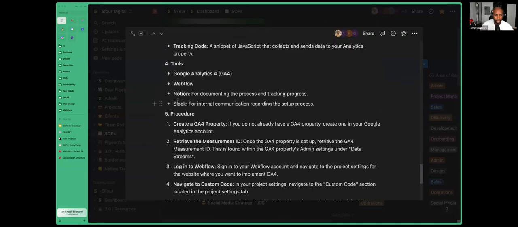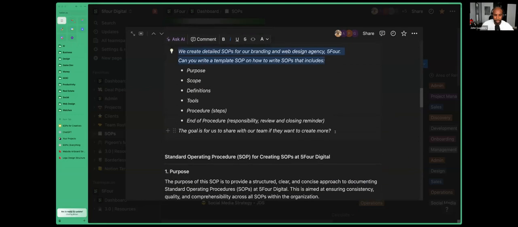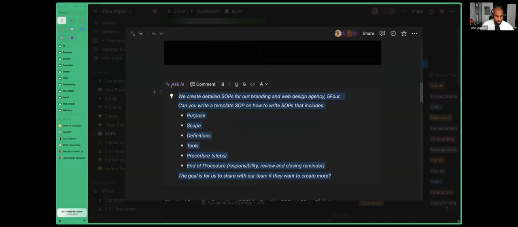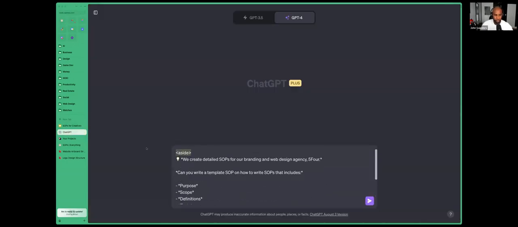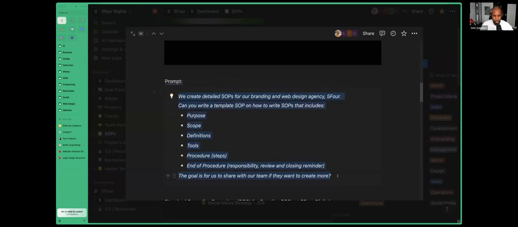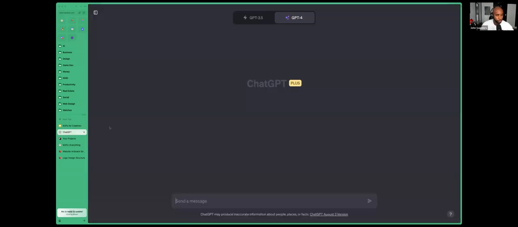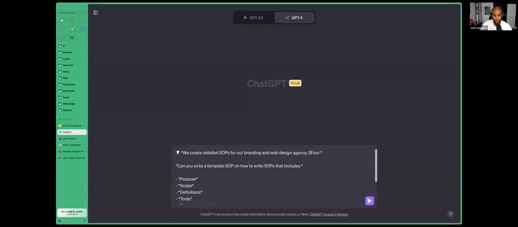Right? So what I can do is pull this up here. You can use this almost like a template. So for example, I'm going to pull up ChatGPT and I'm going to say, oops, let me go ahead and grab that again. Here we go. Okay. All right. So what you can do is go to ChatGPT. I'm going to put: we create detailed SOPs for our branding and web design agency, 5.4. Can you write a template? Can you write an SOP